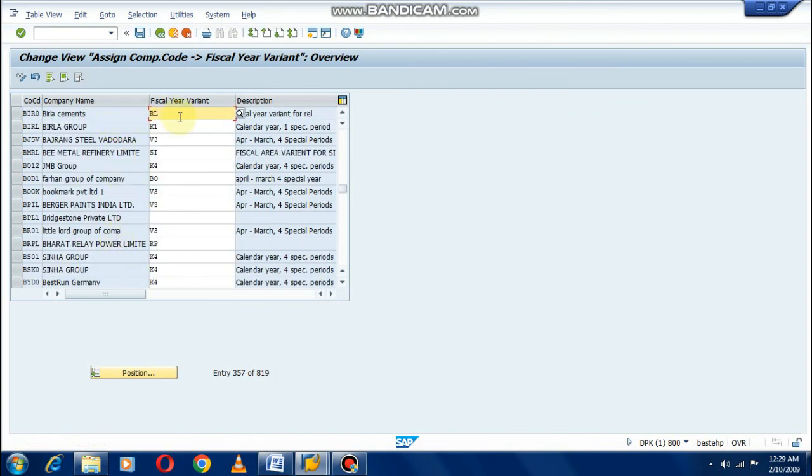This is the description, fiscal year variant for RL. Actually, I got confused because I have another company called Reliance, so for that purpose I have created REL. Otherwise I would create BR or BL or something. So no need to worry. Our fiscal year variant is RL and our company code is BIR0.